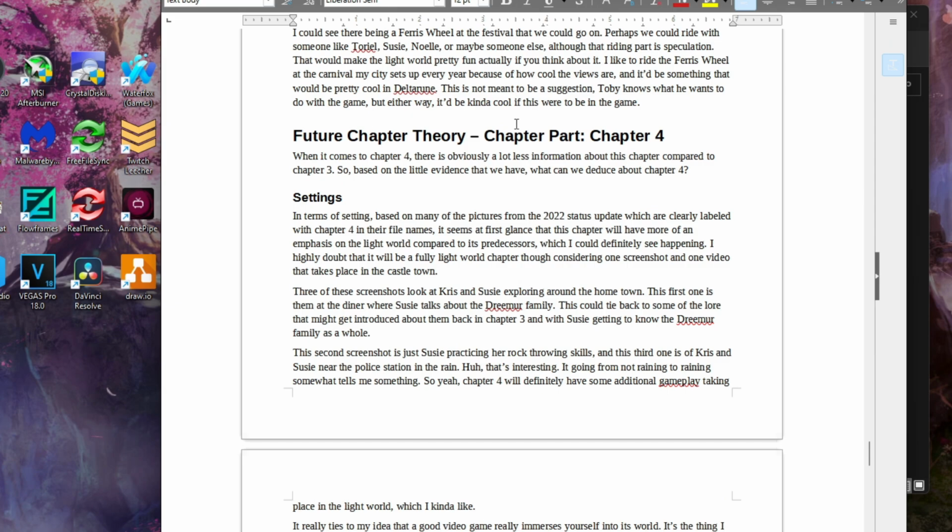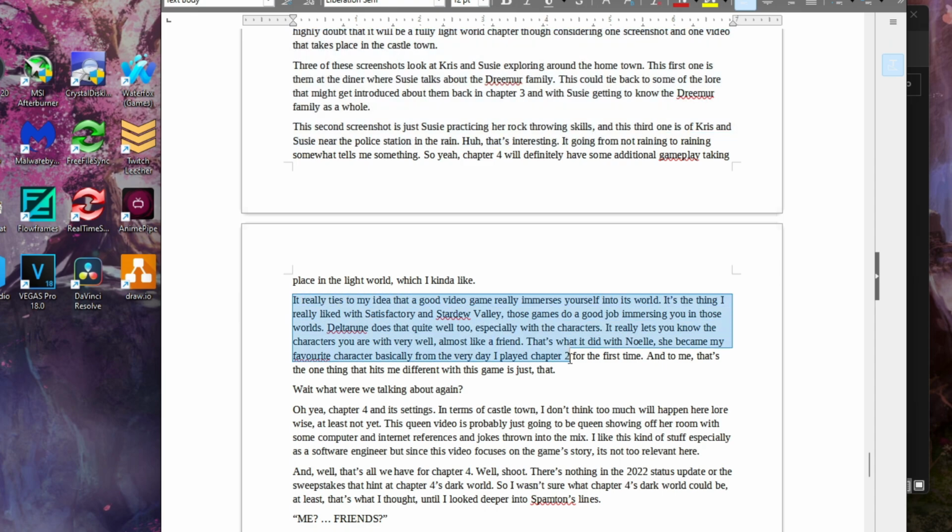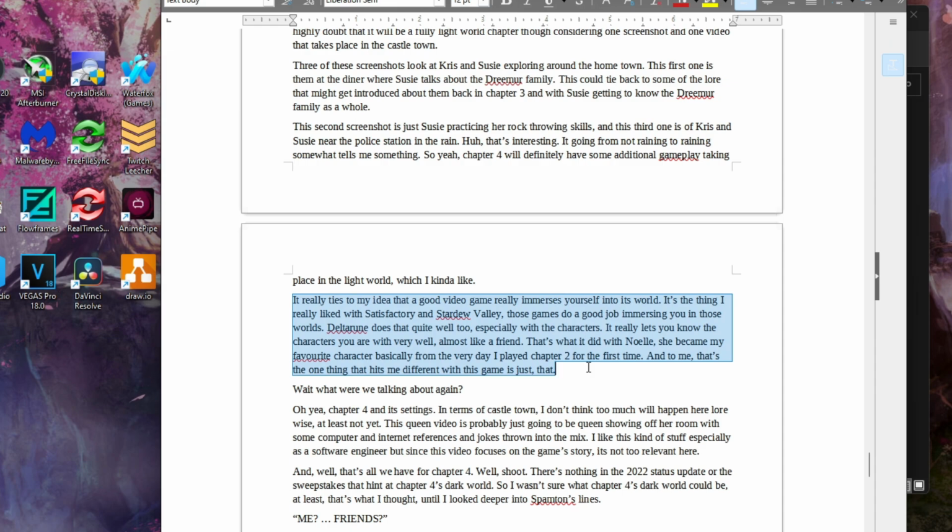So in this iteration of the script, I started working on Chapter 4 now. I was doing a lot of this right away. So settings, I mostly looked at the status update for that. Here's another thing I cut out. I was mostly cutting out a lot of stuff where I was going off topic. I was talking about some personal things, and I decided to cut that out. Because again, it's off topic and it didn't really do well with the pacing of the video, which is what I was going for. I wanted the video to have pretty good pacing so that it can be comprehensible.